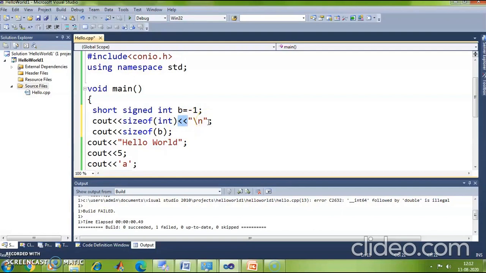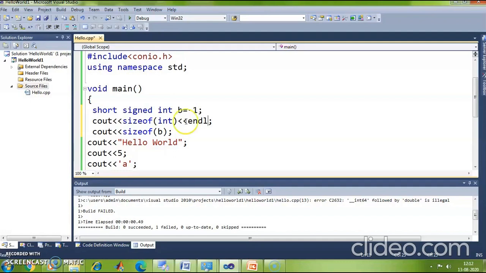Okay. Apart from using \n in double quotes, I can even use a manipulator called endl, which will help me take the control to the next line. Okay, just like \n, I can even use endl.